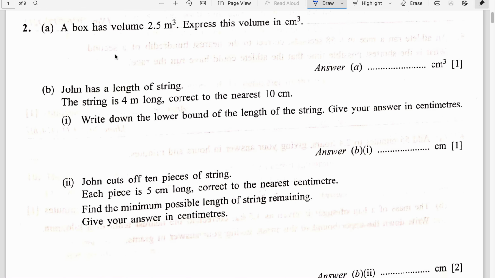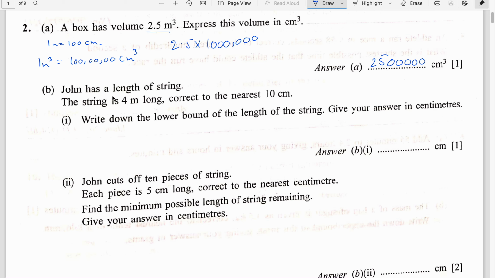Question number 2. A box has volume 2.5 meter cube. Express this volume in centimeters cube. So 1 meter is equal to 100 centimeters, and when we talk about cube, we take cube on both sides. So 1 meter cube is equal to 1 million centimeter cube. So when we convert this, we multiply 2.5 by 6 zeros, and your final answer is